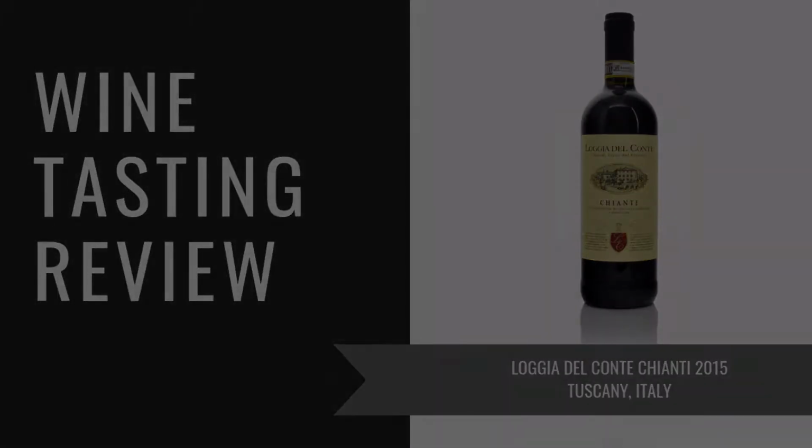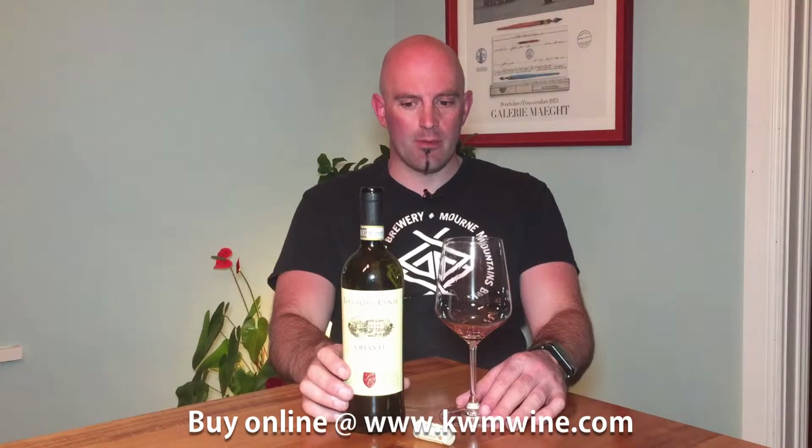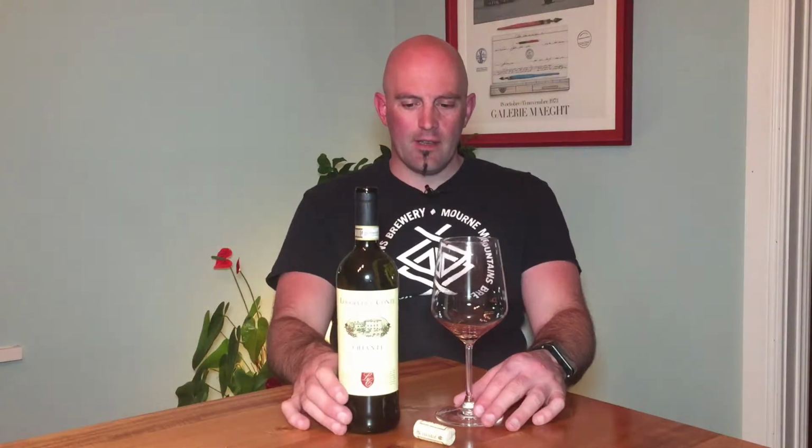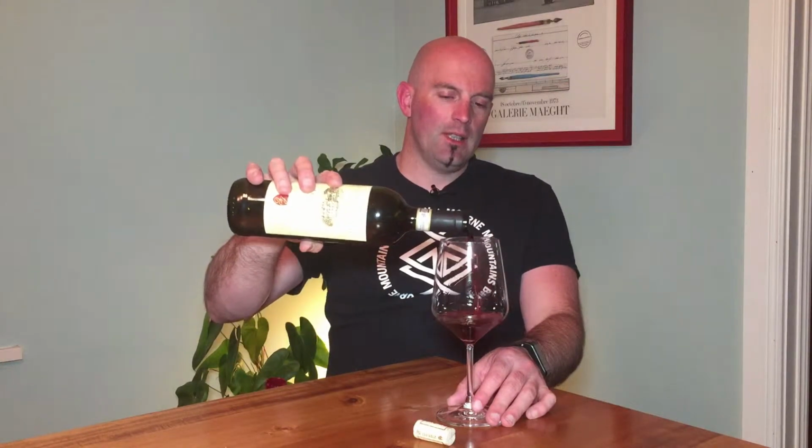We have a Chianti from 2015 from a cooperative, like Chianti, if that's pronounced properly. This is titled Loggia del Conte Chianti. Quite classic labeling, which I quite like actually, I must say. Sometimes the classic labeling thing doesn't really work anymore, because it doesn't have shelf presence, but I think this looks pretty good actually. So 2015, it's approaching 3 years old, and this particular cooperative is a new one to me,